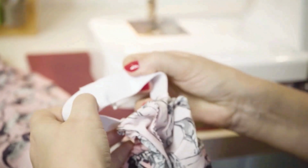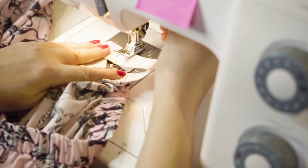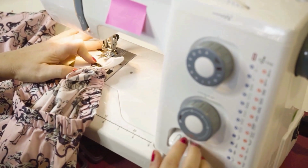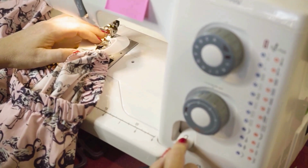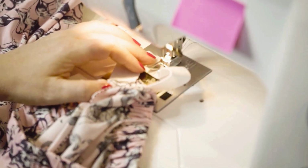So I'm ready to stitch my elastic join together, but before I take it right under the machine, I want a little bit more space. So I'm just going to pull the elastic out, and that means that there's more elastic for me to slide it underneath the machine. So now I've got a bit more space to sew. I'm actually going to guide this right underneath the machine and sew 2 parallel rows of stitching, one either side of the pin. Okay, so I'm sliding this underneath the machine, lowering my foot, bringing my needle in, and I'm going to remove this pin and I'm going to sew forwards all the way down to the bottom, and I'm going to reverse all the way to the top,